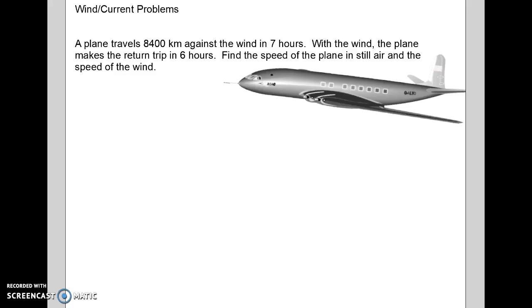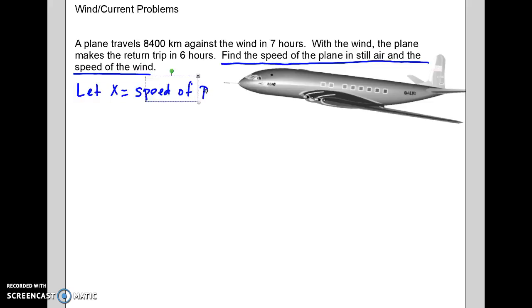Okay, let's look at this one, which is a wind current problem. And if you notice, I'm going to jump right to the question so I can look at my let statements before I start. Find the speed of the plane in still air and the speed of the wind. So let X equal speed of plane